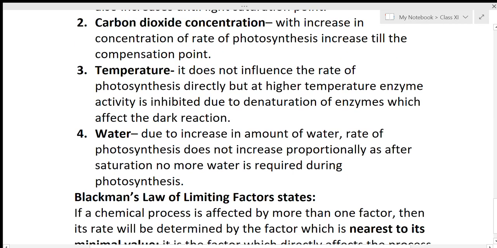Number 4 is water. Due to increase in amount of water, rate of photosynthesis does not increase proportionately as after saturation, no more water is required during photosynthesis. At saturation, at the last climax, when any situation reaches it, then if we increase the concentration it will not have any effect, but until the last peak, the highest value, has not been reached, if it is below that,